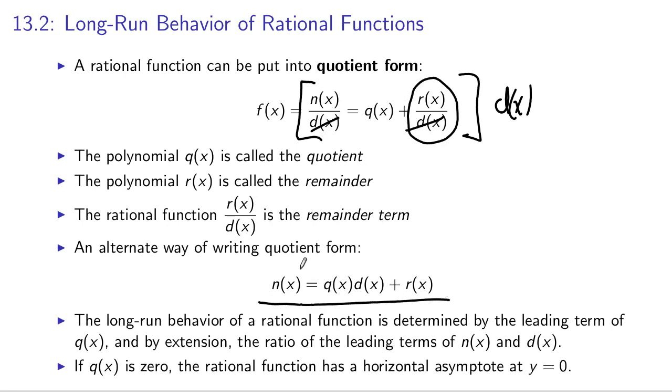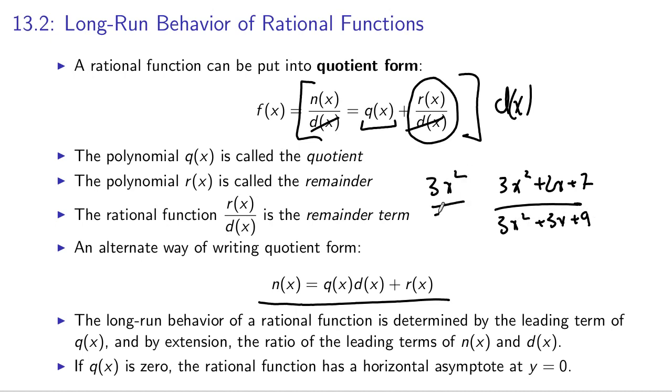The long-run behavior of a rational function is determined by the leading term of q of x. Okay? And by extension, the ratio of the leading terms of n and d. So if we had 3x squared plus 2x plus 7 over 3x squared plus 3x plus 9, the long-run behavior would just be the ratio of the first two terms, 3x squared over 3x squared. And remember, long-run behavior, we're not near 0, so we can cancel the x. We're just left with 1 over 1 here, which would be, in this case, a horizontal asymptote